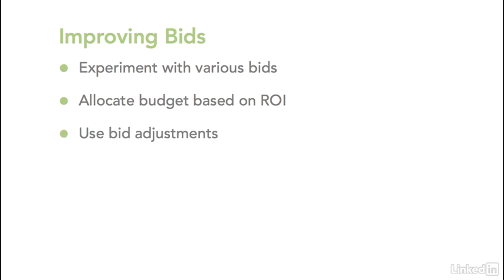You also want to look at those bid adjustments. Modify things based on keywords, timing, and even whether or not a user is on a mobile or desktop device. And with that, those are some key optimizations to help you really see better performance as you begin scaling in AdWords.